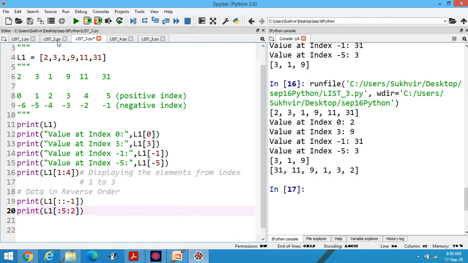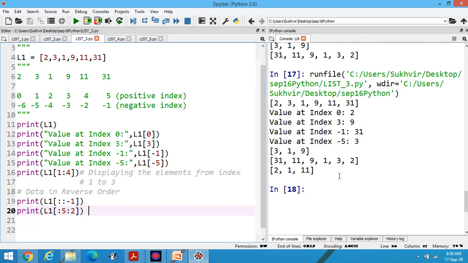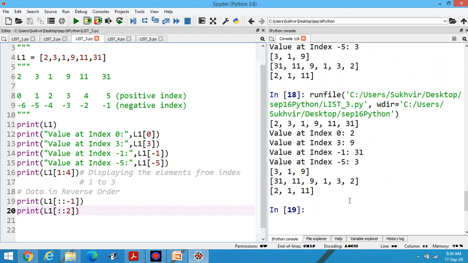It means I can print the odd values only, 2, 1 and 11. Suppose I delete this one, even then I can print these values. It means the first and last location is understood.